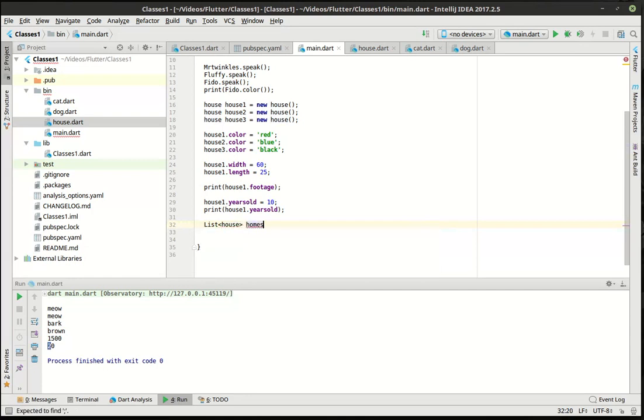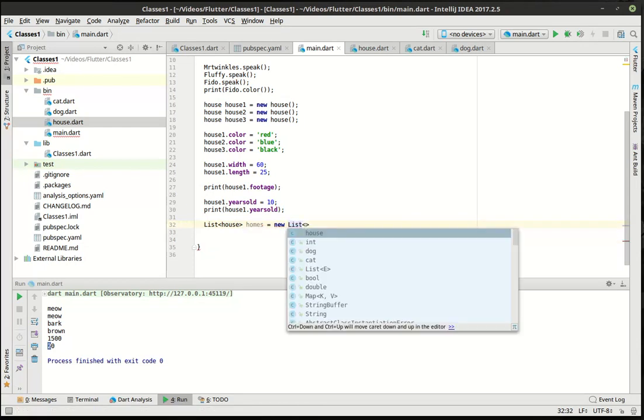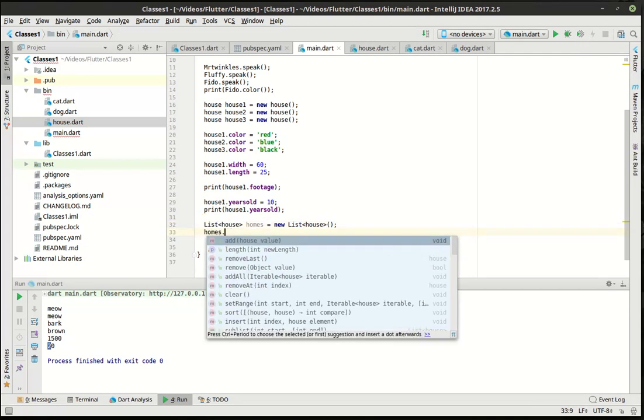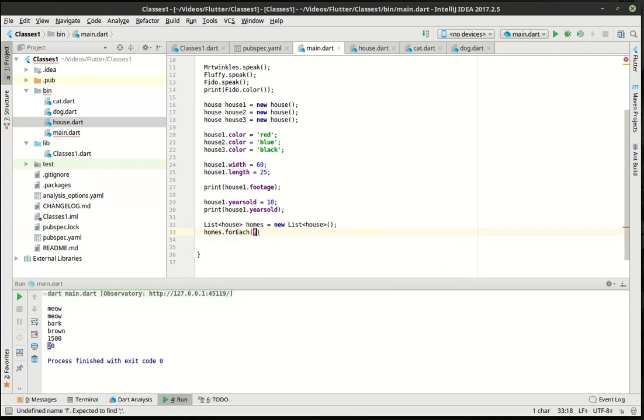We're going to call this homes equal new List<House>. Now that statement that we've worked with in the past makes a little more sense because we know now that list is actually under the hood a class. And this just means it's using generic programming, which we will use in future tutorials. Now we're just going to say homes.forEach, and in here we're going to say,